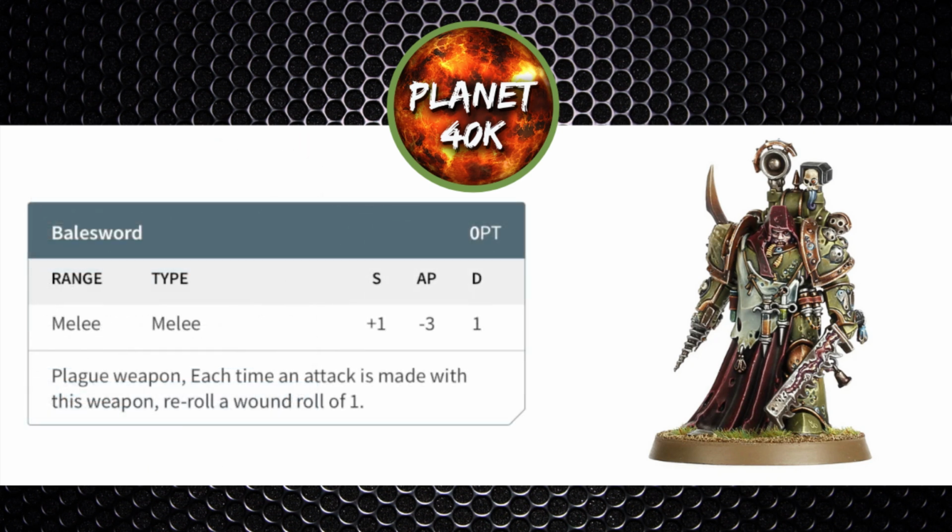This is virtually a Plague power sword. It's strength +1, making it a strength 5, -3 AP and 1 damage. It's a plague weapon, so each time you make an attack with this weapon, you reroll wound rolls of a 1. So this chap has 4 attacks base. He's not likely to be removing a Primaris Marine from the battle, but you may pick off a guardsman or 2 or a unit of that caliber. It's worth bearing in mind that he's a support character, not a melee beast, so we can't expect too much